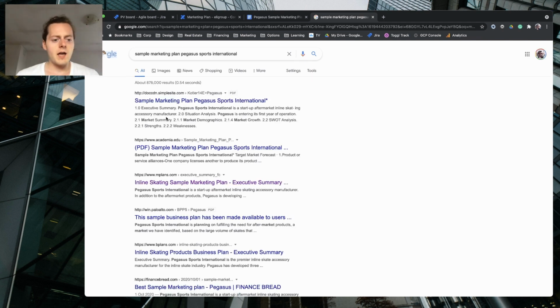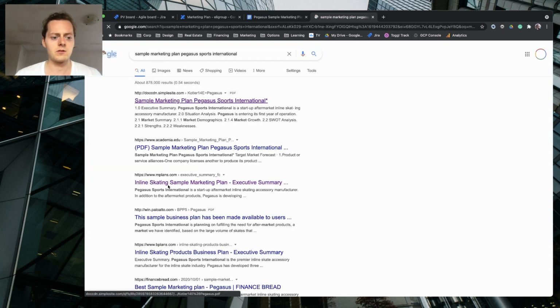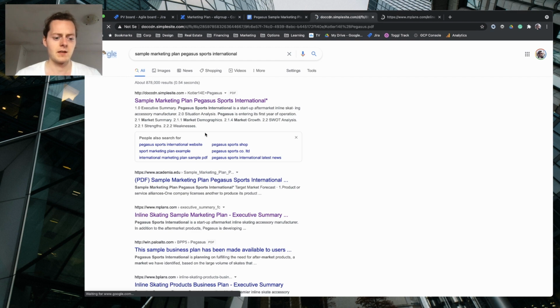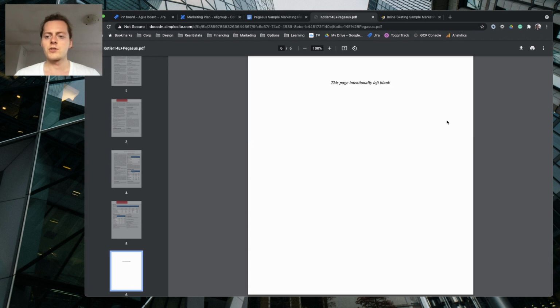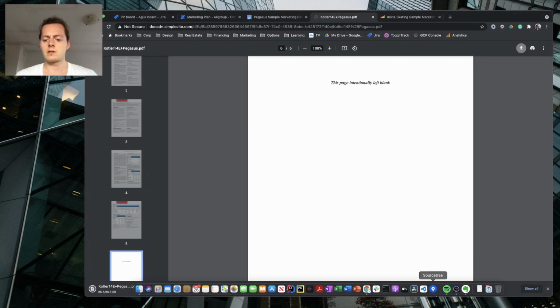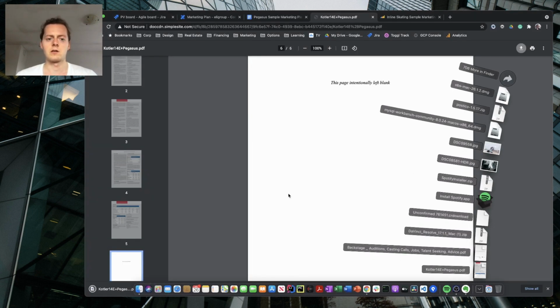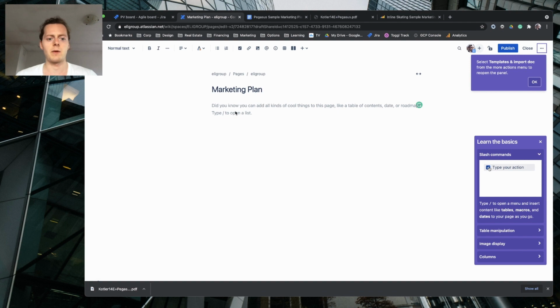This is what I'm looking for, and I see that I've been to one of those plans. That's the one. Let's have a look at this one. Yeah, that's exactly the one I'm looking for. So let me download this one, and that's actually from the Kotler's book. It seems to be some sort of extension. So I'm gonna download this. I'm gonna take some bits out of it and create a marketing plan for this one. So first I need a table of content.